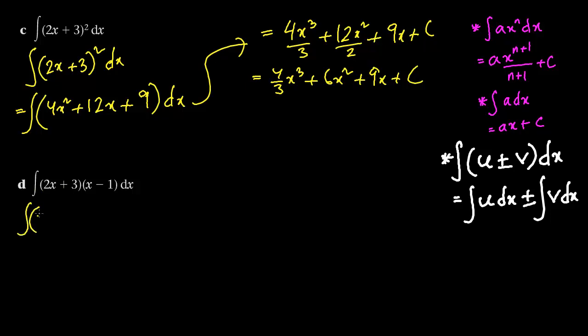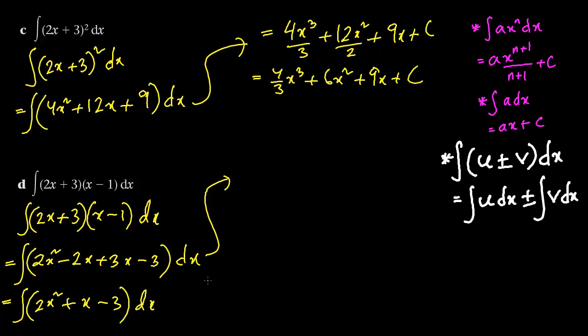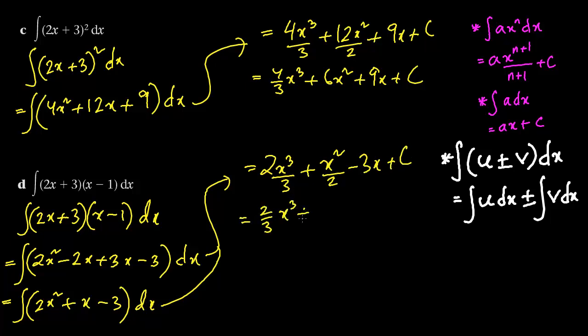Here we have to simplify by multiplication. So twice x plus 3 multiplied by x minus 1 dx. So this is going to be twice x into x is twice x squared, minus twice x into 1 is twice x, plus 3 into x is thrice x, minus 3 into minus 1 is minus 3. So done. Now we integrate. We can simplify a little bit further. So twice x squared minus thrice x minus twice x is plus x minus 3 dx. So now when we integrate, this will be 2 x cubed by 3 plus x squared by 2 minus thrice x plus c. This turns out to be 2 by 3 x cubed plus half x squared minus thrice x plus